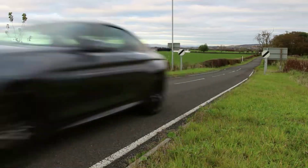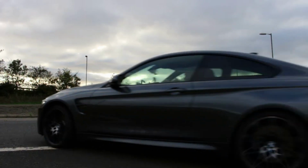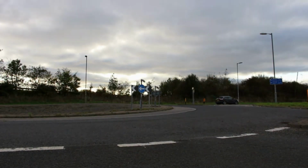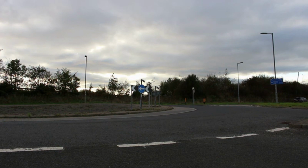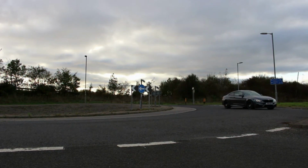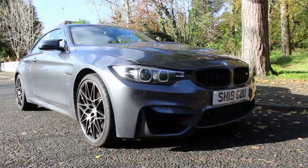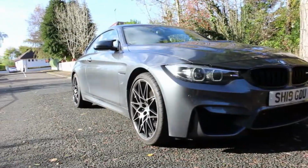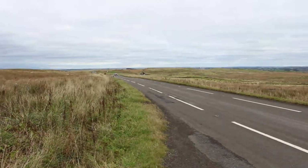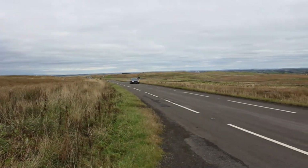So what the M4 is like to drive. The upgraded exhaust brings a more vocal character upon startup and at idle. However, within the cabin, the soundtrack of that motor is still dominated by the synthesised engine note that pops through the speakers. With those sizable 20-inch wheels that come with the M4 Competition package, the ride does become more firm than the standard car, and tyre roar has been increased a little bit. This remains a very usable everyday car, though the ride doesn't ever become intolerable, it's just very loud on motorways